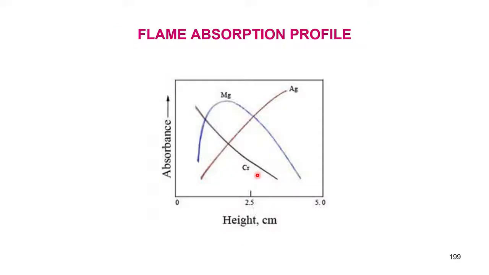Okay. So, if you look at the flame absorption profile, what happens? Suppose I want to determine, this is the absorbance, this is the height from the burner. Height from the burner, here it is 0, here it is 2.5, here it is 5 centimeter above the burner, and this is the absorbance recorded. Now, what you see from here is, if it is 2.5, this is about 1 centimeter, on the x axis. So, the absorbance